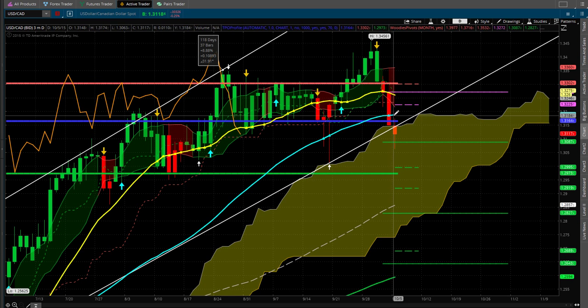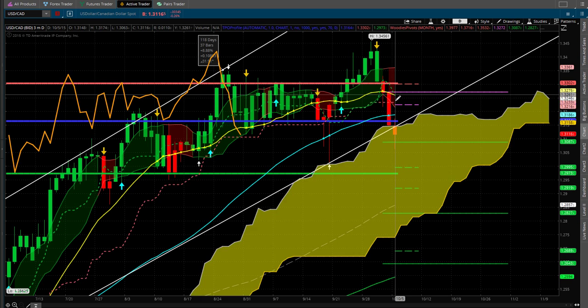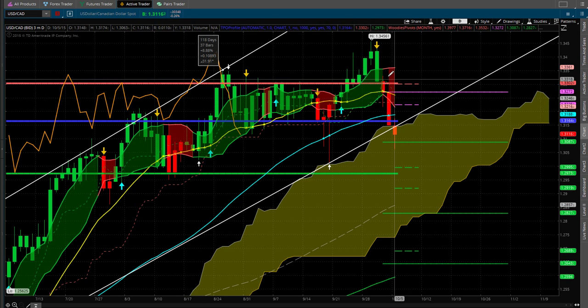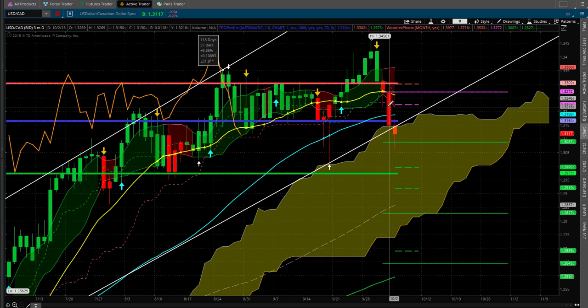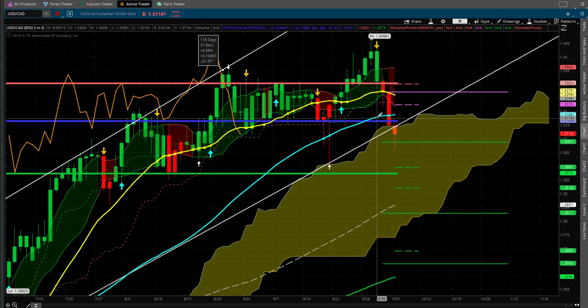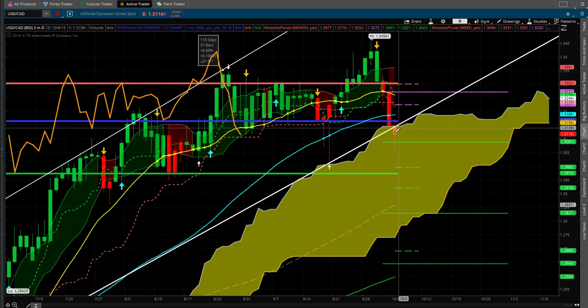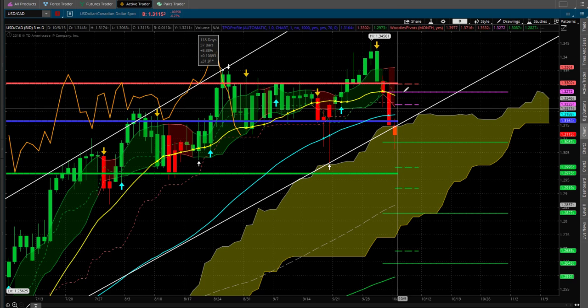If it could get above the 20 and the 50, it could probably be a good, nice little scalp. I think you'll probably be in the Mobo, so it could be a little choppy here. So play it at your own risk, but it's still bullish. I don't see any reason to short it. I would just be buying the pullbacks, and this could probably be a nice little pullback once it gets above the 50 to go higher. Let's see the next one.